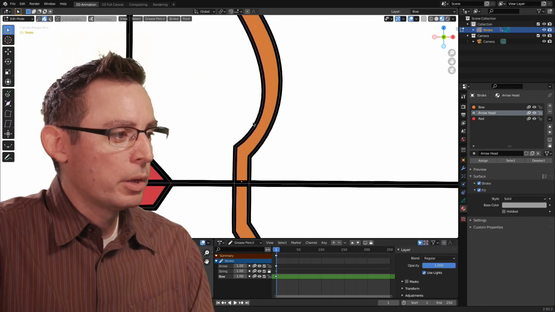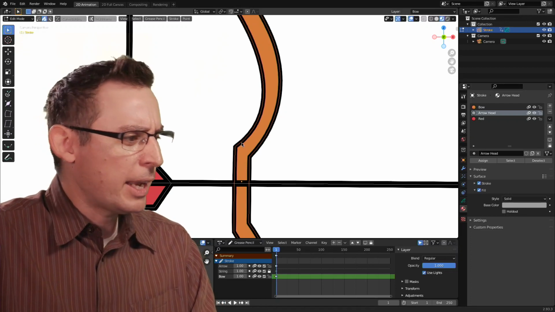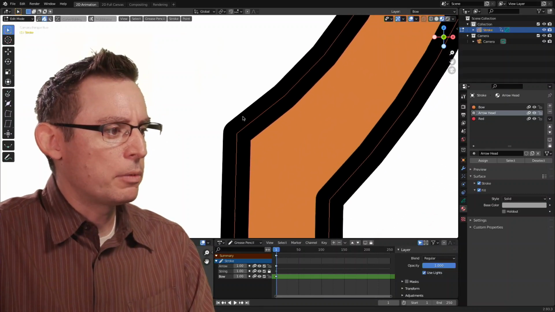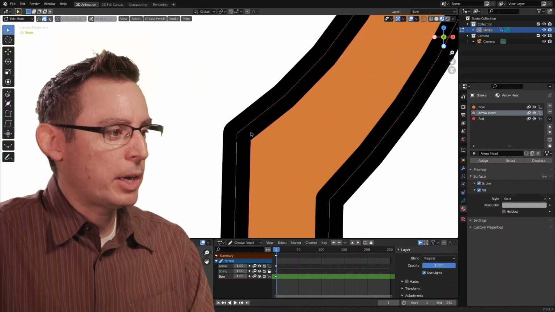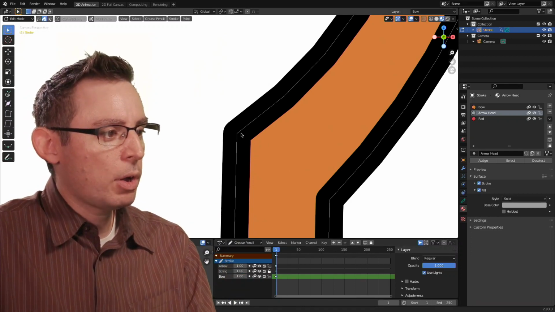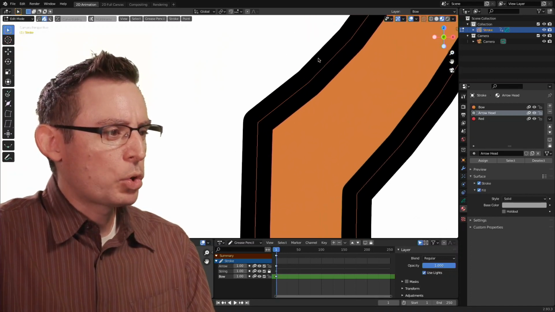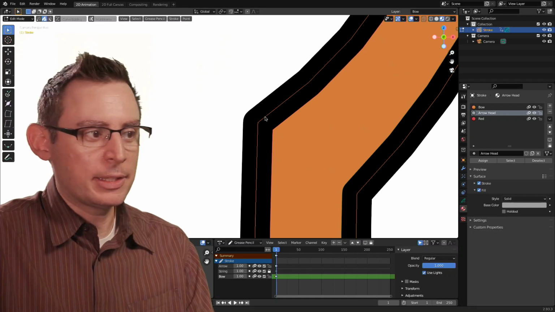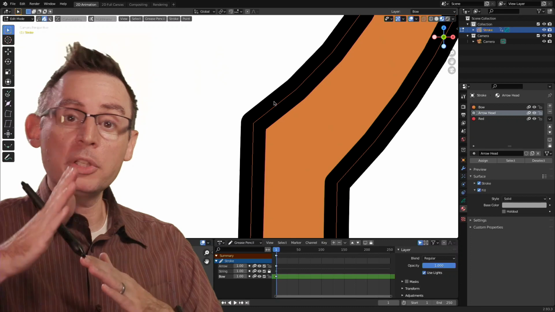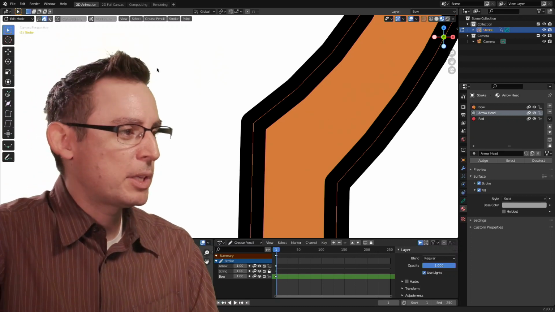Now, I want to work with the bow here, okay? And I recognize it's maybe a little difficult for you to see the little gray outline. There we go. I'm going to zoom in real fast here. And now we can definitely see the outline of the stroke on top of the object itself. Now, when we're working with these strokes, oftentimes it turns into a little bit of a problem when trying to make real crisp, sharp angles like this, okay? The stroke editing system does a great job of producing these wonderful Bezier handles, but we want to be able to control them a little bit more directly. Let me show you specifically what I'm talking about.